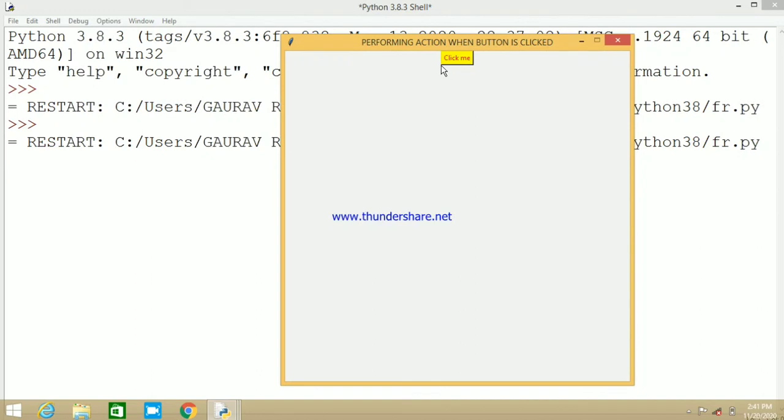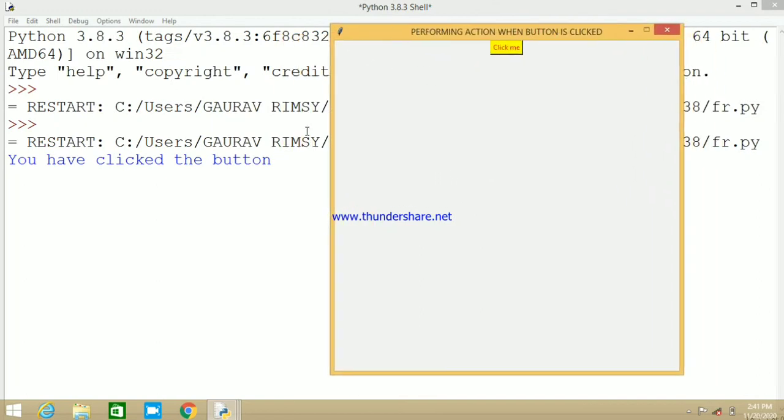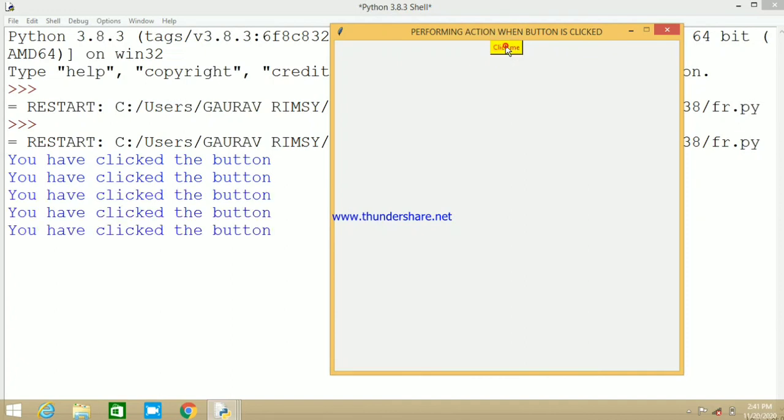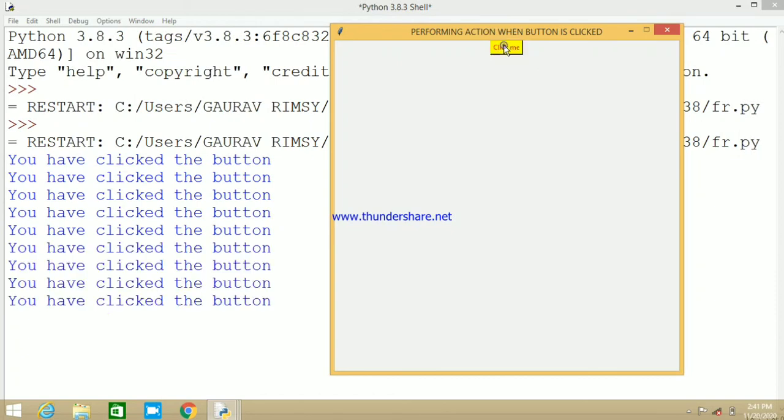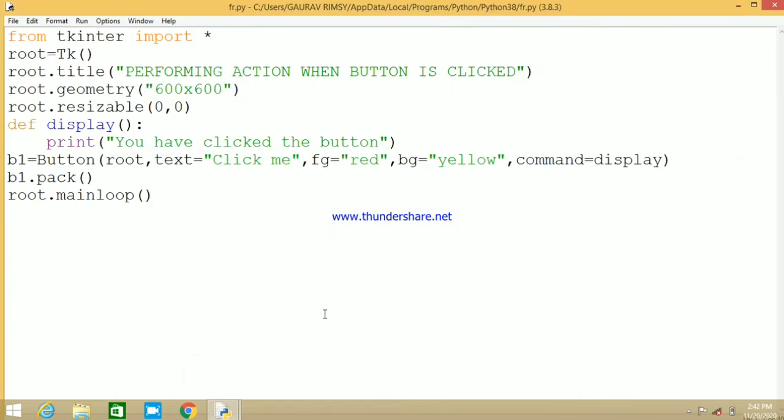The foreground color of the button is red and the background color is yellow. If we click this button, we can see on IDLE we are getting "You have clicked the button". The number of times I click the button, it prints on IDLE that you have clicked the button. So this is how we can perform action on any button.